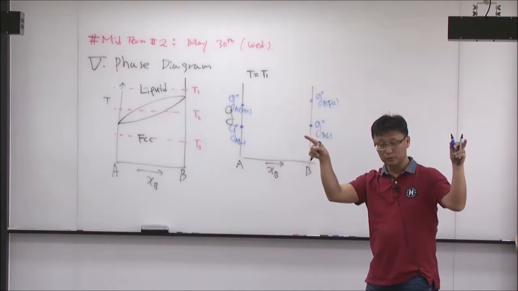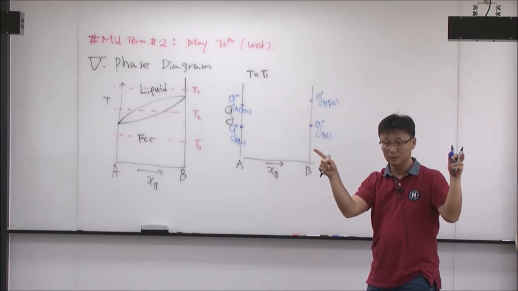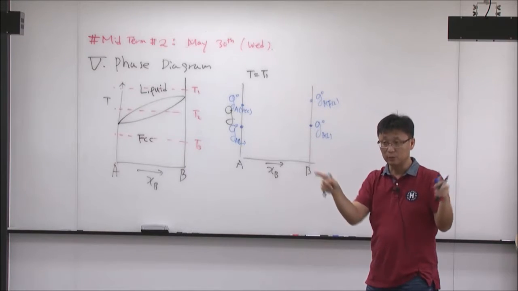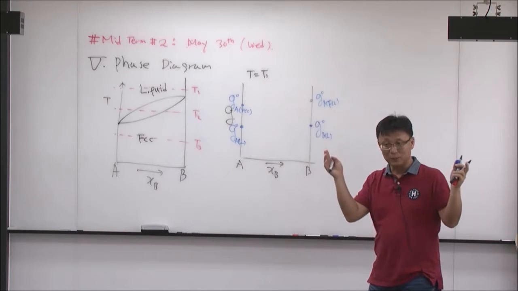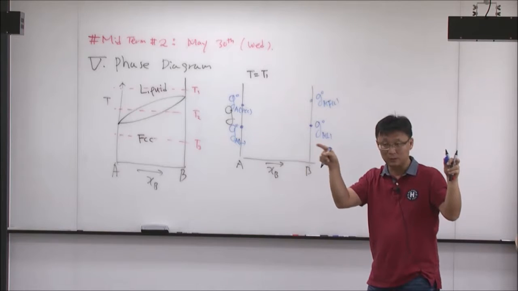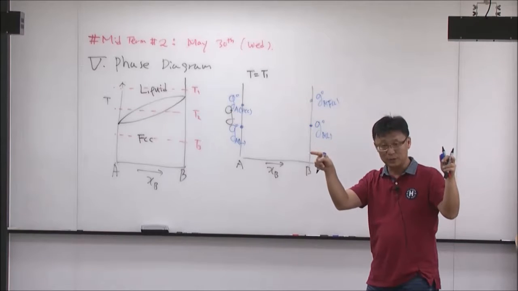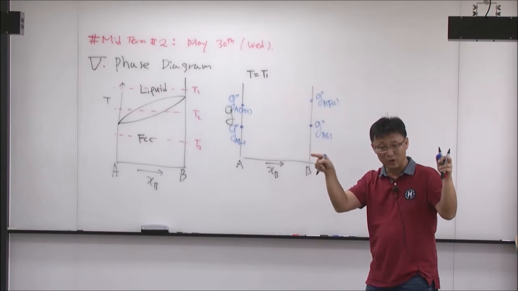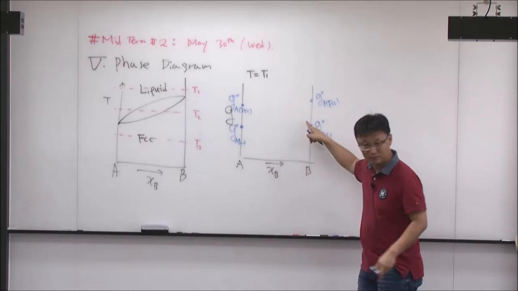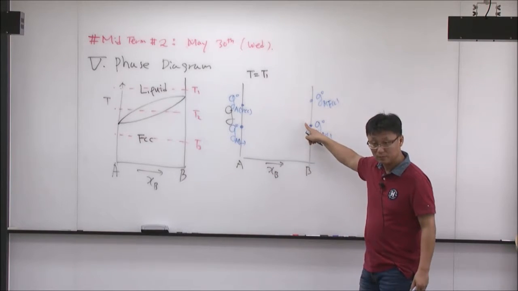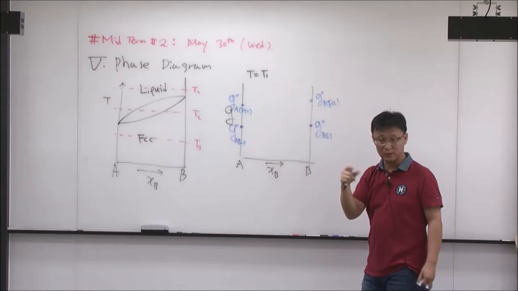And between these two, there should be some connection by the Gibbs energy function because it's one solution. The shape of the Gibbs energy could be different depending on the interaction between A and B. If A and B like each other, if the activity coefficient of A and B is less than 1, then the Gibbs energy curve between A and B should be very negative. Am I right? You have the ideal Gibbs energy,